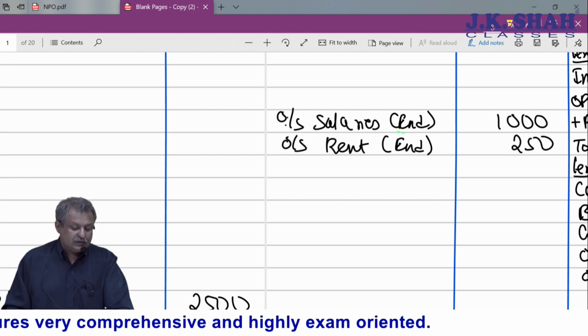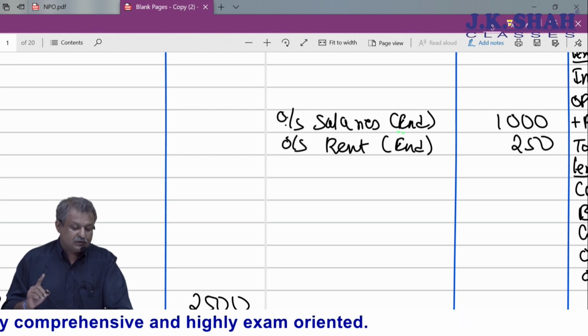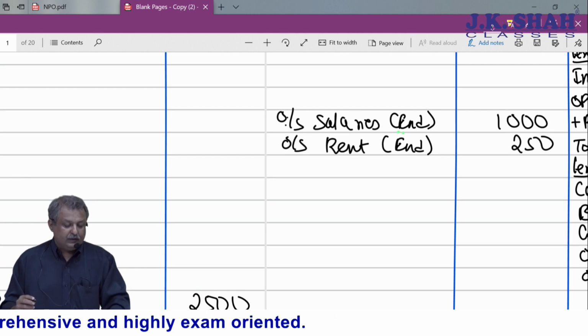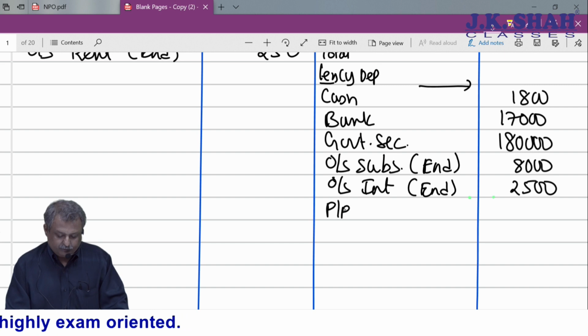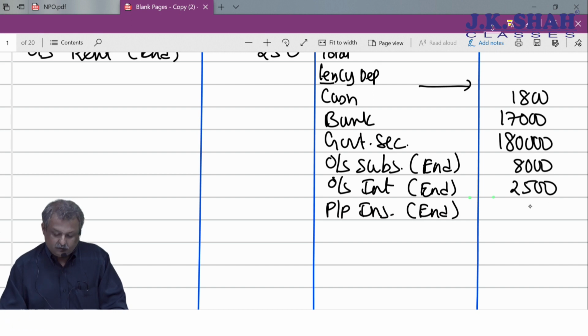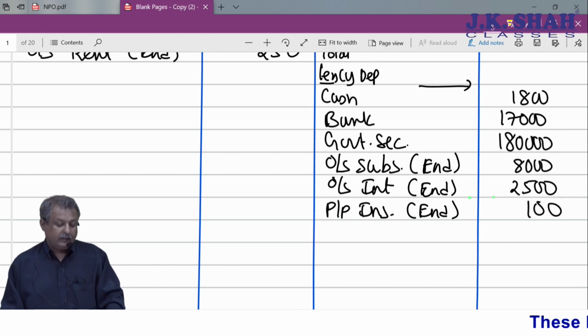But insurance, see, there is less prepaid only once. That is prepaid is 100. So that is prepaid at the end. So prepaid insurance at the end 100. Then